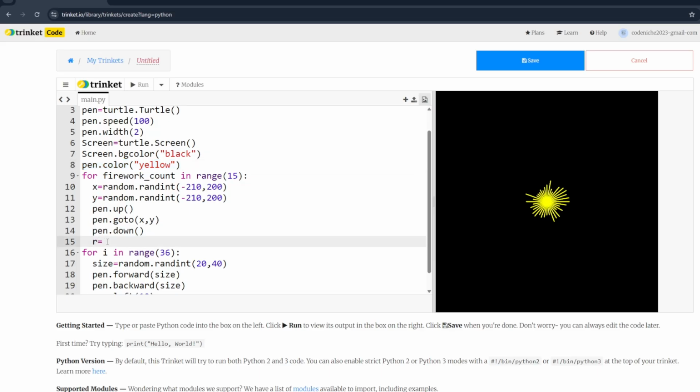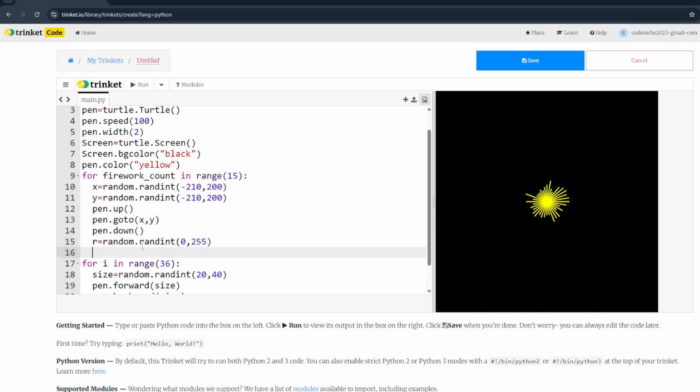So let's create 3 more variables. What is going to be random dot rand int, and let's say 0, 255. Now if you remember in previous projects also, we have discussed that there are 3 primary colors, red, green and blue, and if you combine these colors you get almost all the colors, right?